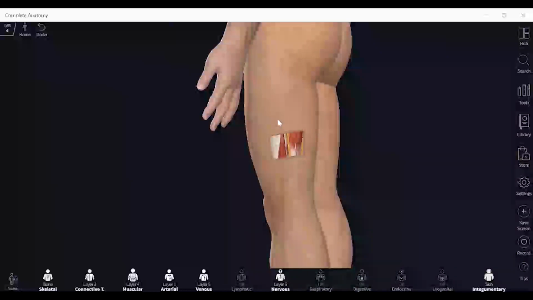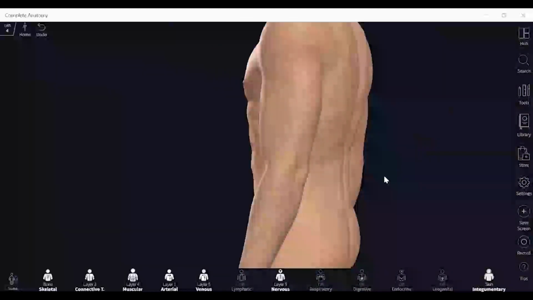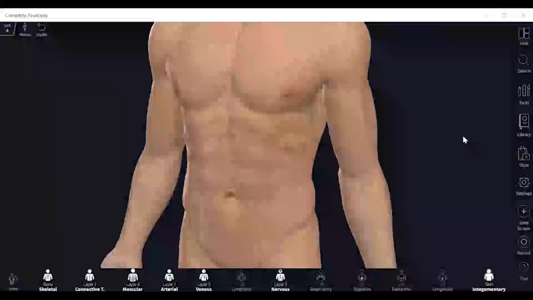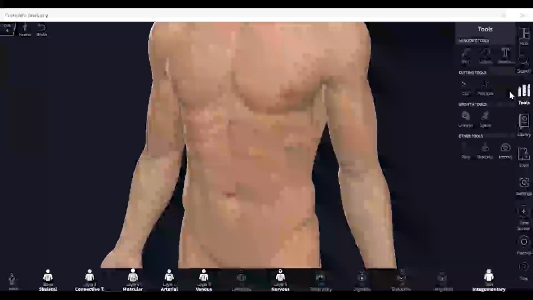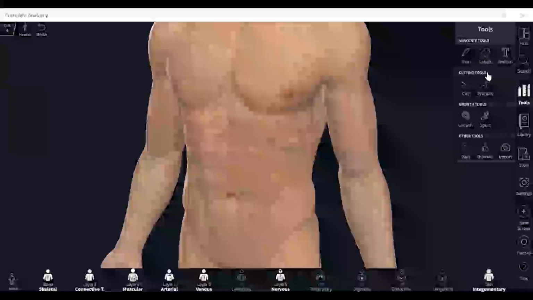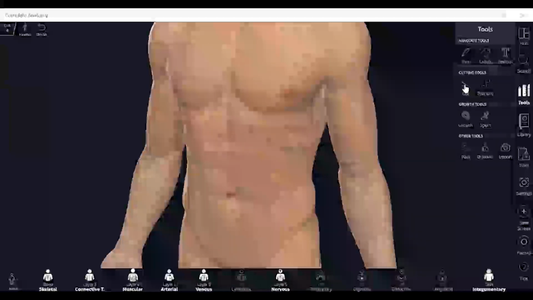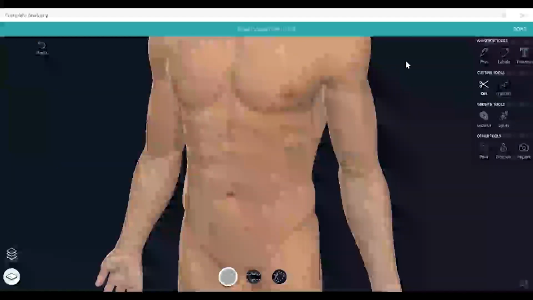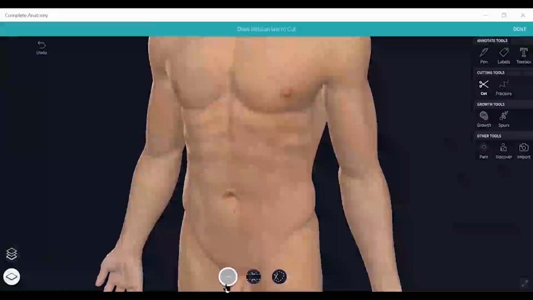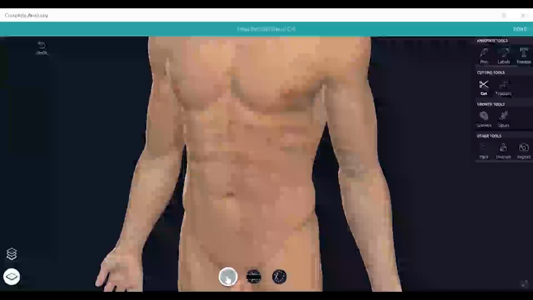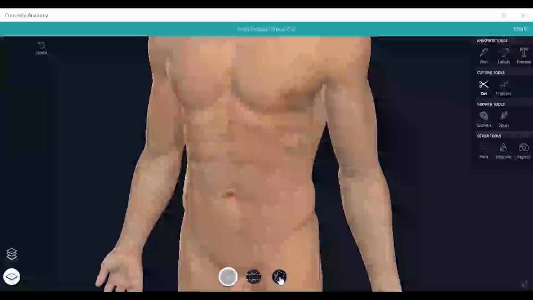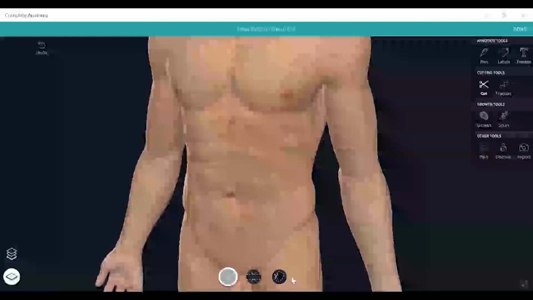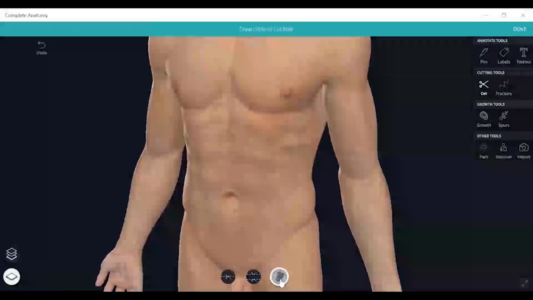So this is a case of a lower limb. If you want to highlight to show the heart or something, even that can be done using this. But for that, I feel the cut option is a better tool. There are three options for using this tool. One is a straight cut, one is a cut in between, and one more is a circular cut. So I'll take this circular cut.